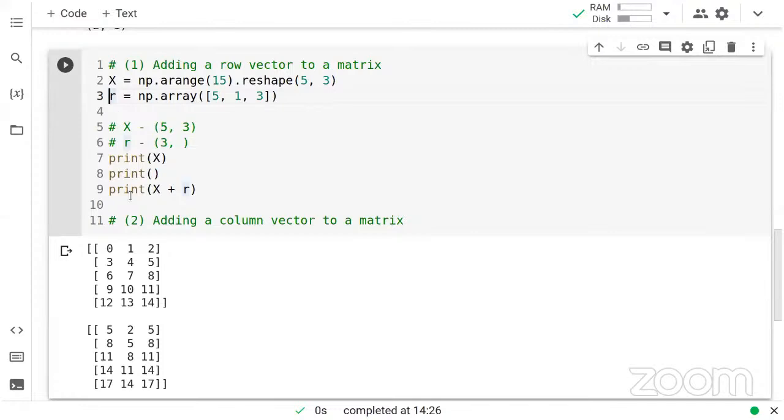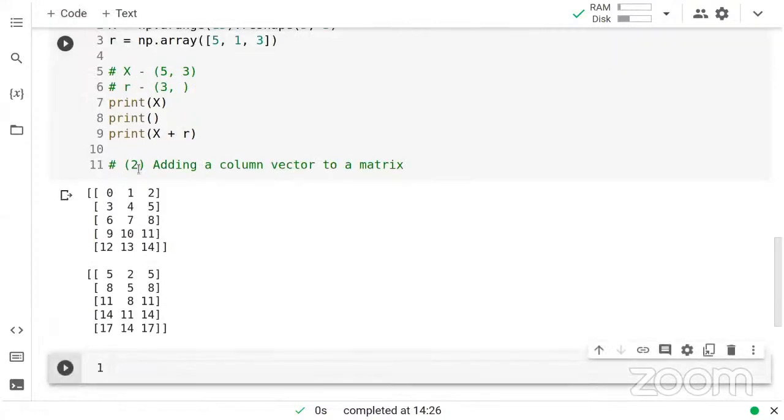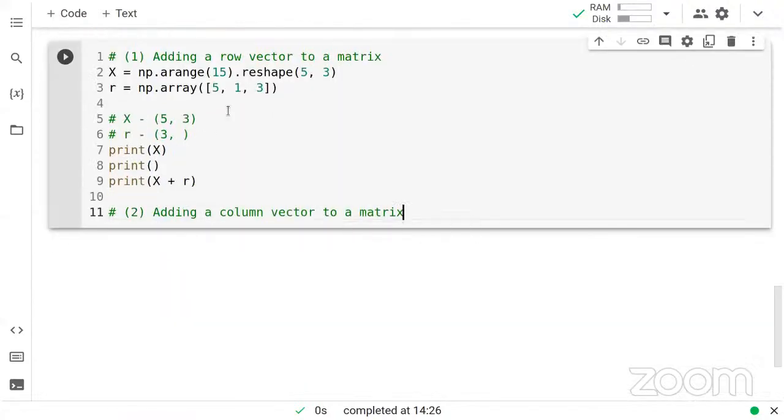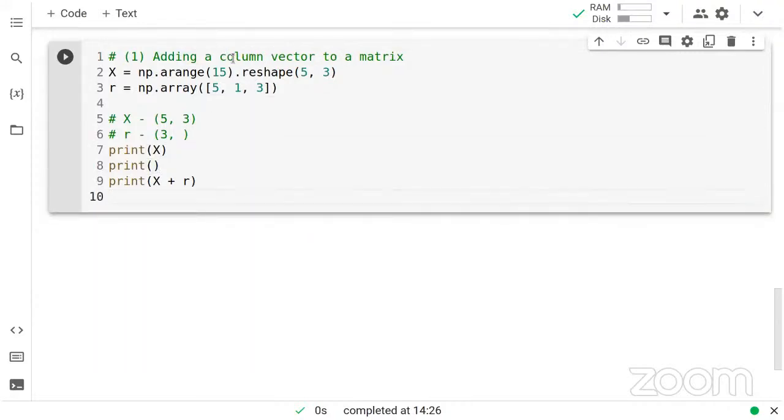Now, if I just slightly change this, I'll take the whole thing, but rather than adding a row vector, we'll add a column vector. So we are now adding a column vector to a matrix. The X matrix remains the same 5 cross 3, but this I am changing to a 5-dimensional vector. I'm going to run this,